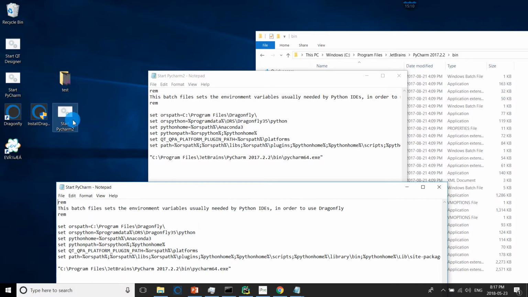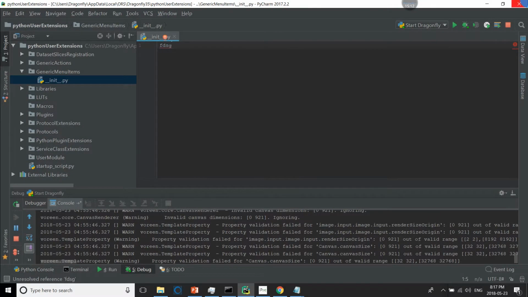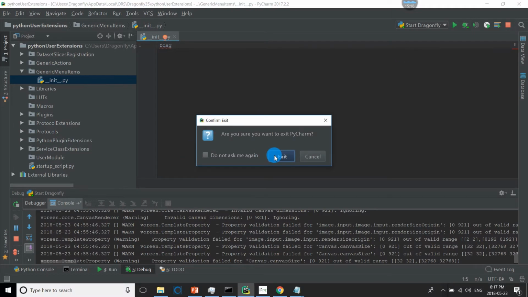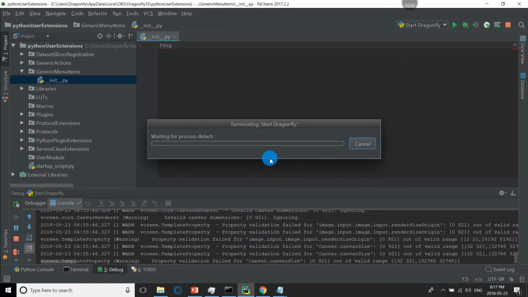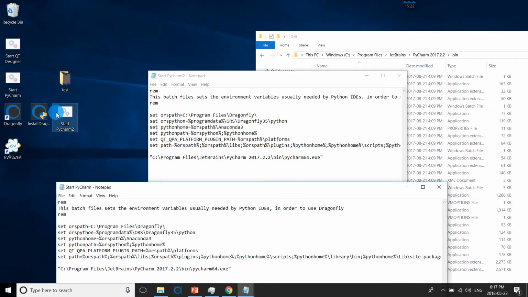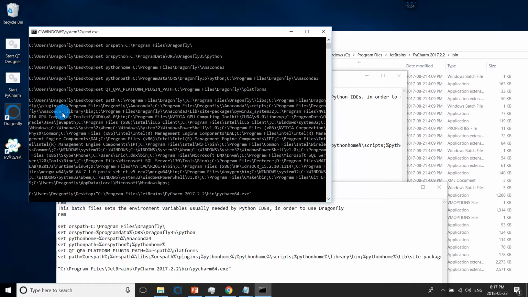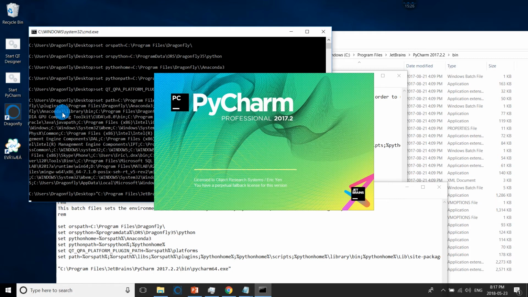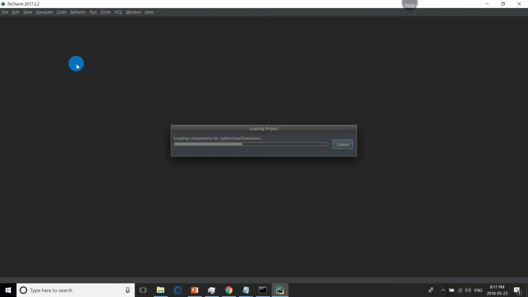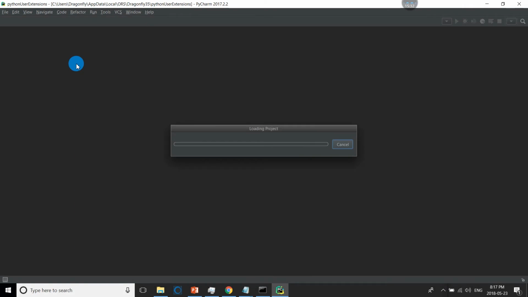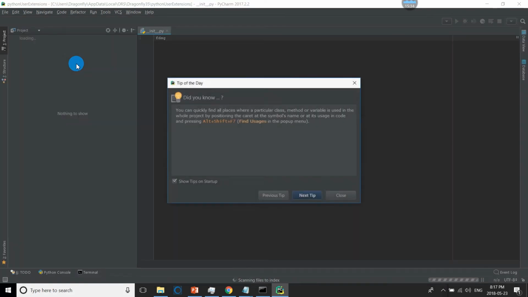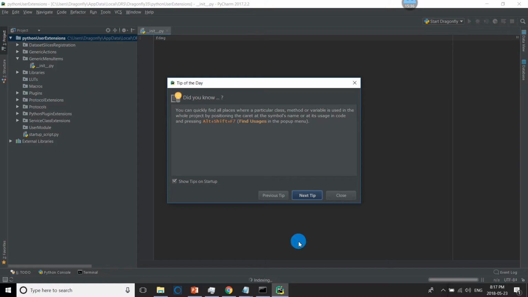And okay, there's another problem. Oh, it's because I already have PyCharm opened. Yeah, that's why. So if you already have it open, just close it, and then start PyCharm.